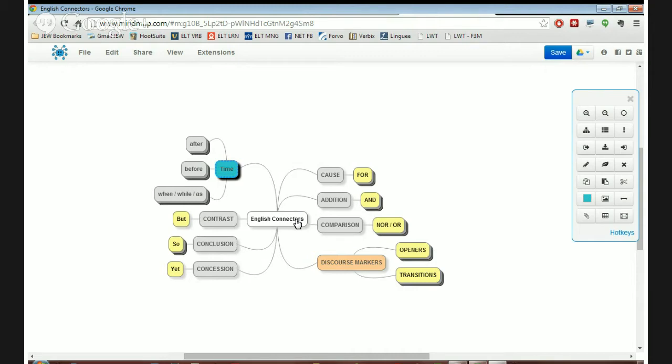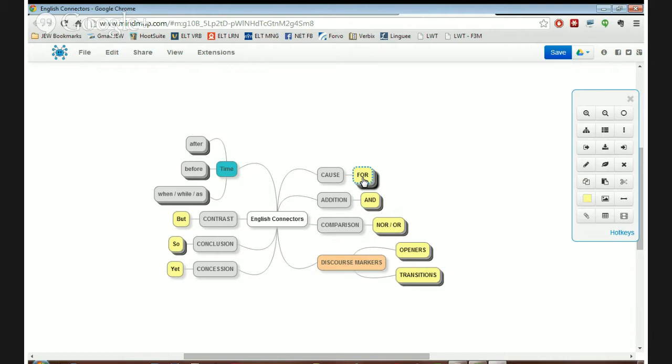You can remember them because they spell the word fanboys. For, and, nor, but, or is another comparison, yet, and so. Fanboys. So those are the basic connectors. Under each fanboy, you have a whole variety of words.